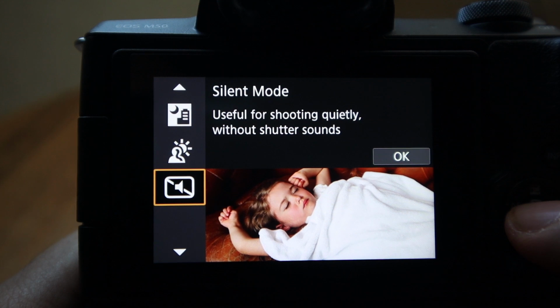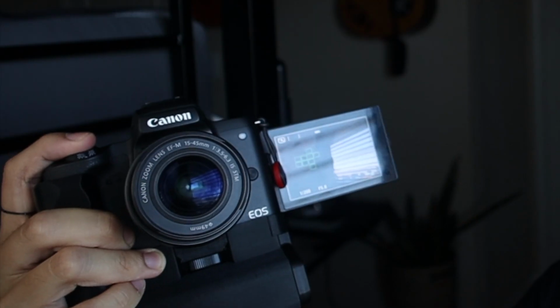So this is really useful in situations where the shutter actually making sound is just not appropriate, so maybe in places where you have to be very quiet. So this is a really cool feature to have. So I'm gonna take a picture. It still makes a little bit of a sound, but it's way different from, for example, just a regular shot like that. So the silent shutter is a really cool feature to have, but the only downside is going to